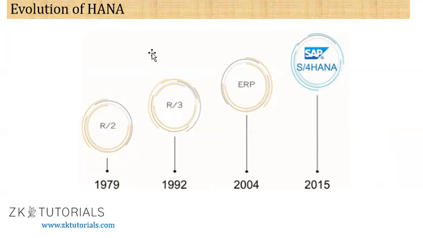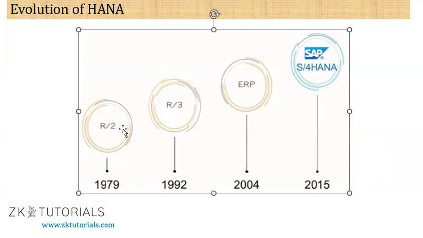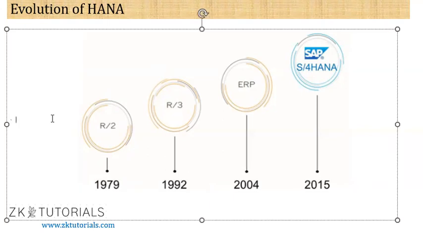SAP has issued several releases. First is R2. SAP invented ERP. SAP started this in the 70s with its first ERP product, SAP R2. R means real time, and although there was an R1 also, that is not registered as the first major release. So it's a two-tier architecture in which three layers,